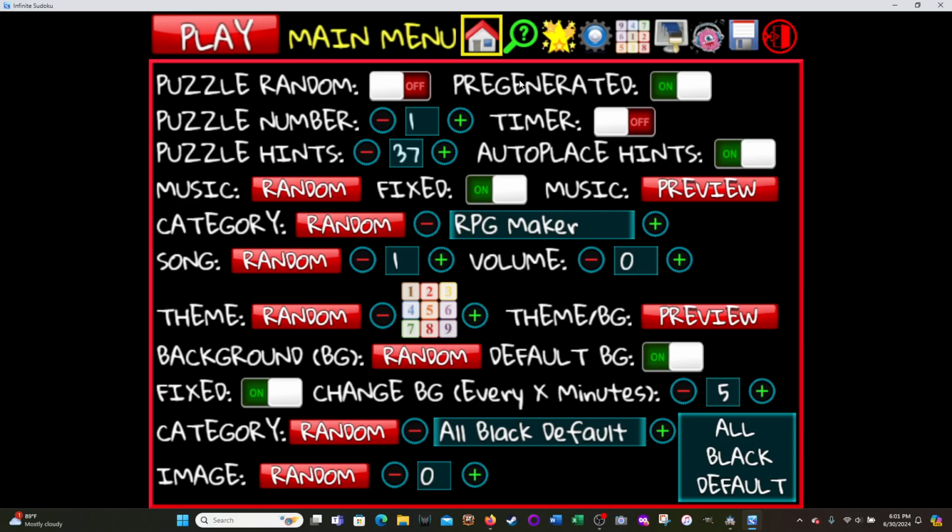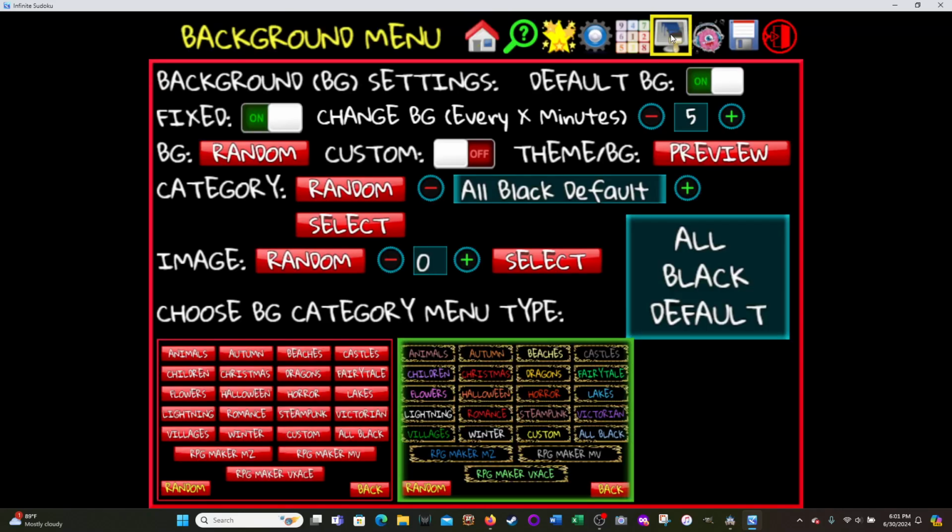so that if you change something on one menu, it will carry over to the other. So for instance, this says pre-generated puzzle is on. If we go to the background,